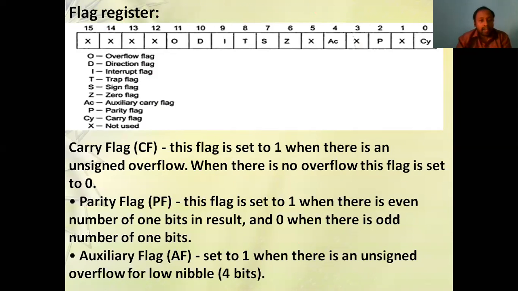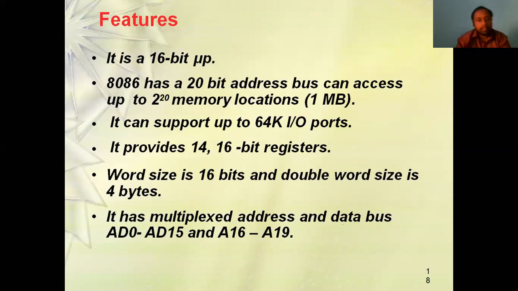And this is about the flag register. We have 9 flags, like overflow, carry, parity, auxiliary, and so on. The remaining ones, which were cross marked, are not in use. Out of these, we have three control flags: trap, interrupt, and direction. These three flags we can control. The remaining ones, like auxiliary carry and parity, cannot be controlled; they give the status of the result.